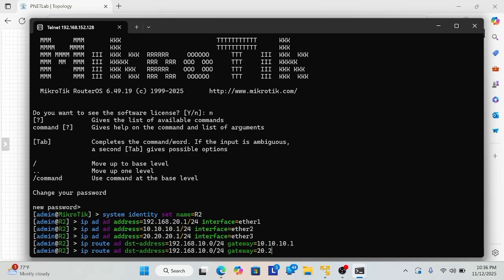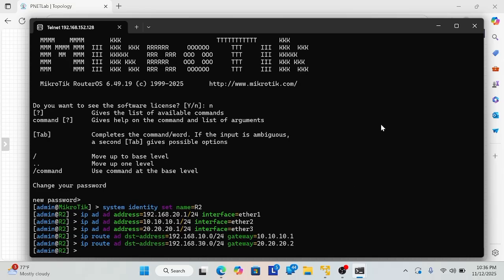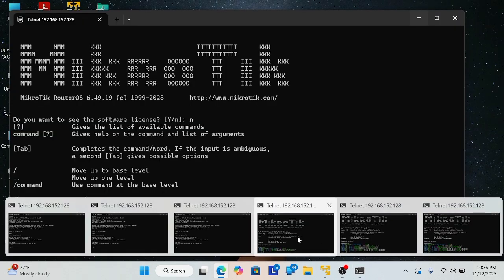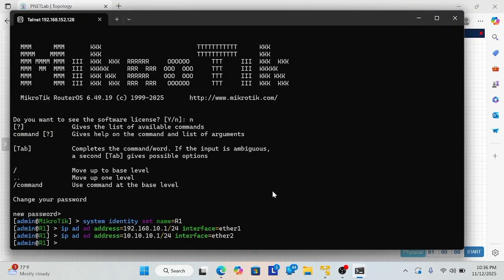Okay, add another static route in router 2 with gateway 20.20.2 and destination address 192.168.30.0. Okay, the configuration in router 2 is done, and now configuration in router 1.